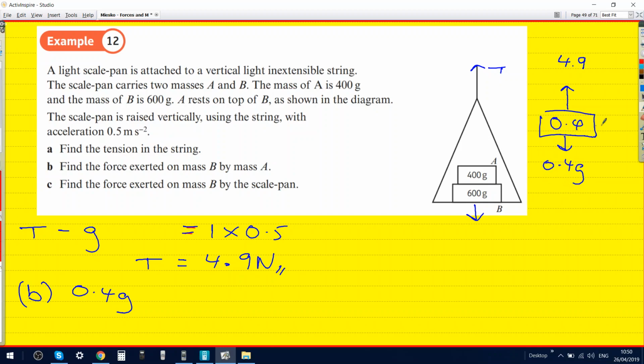It has an acceleration of 0.5, and its mass is 0.4. So its overall F equals ma. So the force on B,